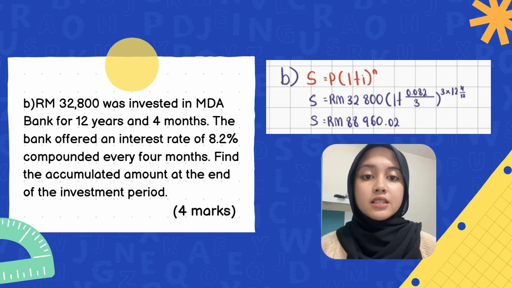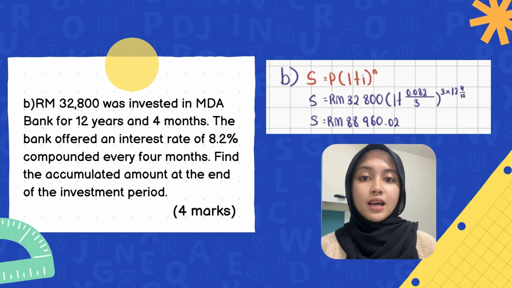Since the given rate is 8.2, we divide it by 100 to convert it into decimal form, which gives us 0.082. Our M is 3 because the question said that it is compounded every 4 months. For N, we use the formula M times T, where our M is 3 and our T is 4 over 12. Next, substitute all the given information into the formula to find S, and the answer for S will be